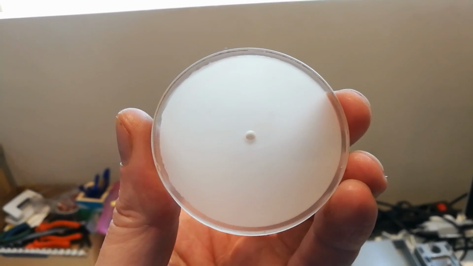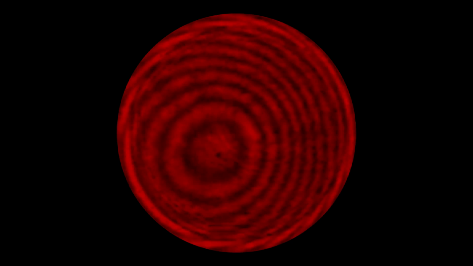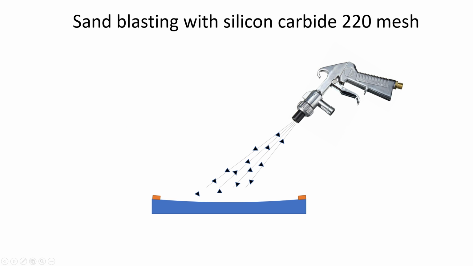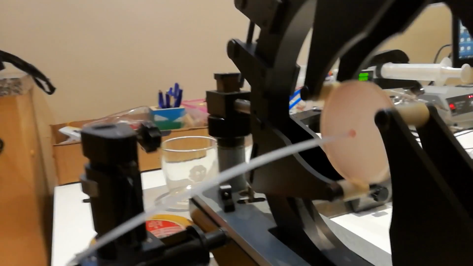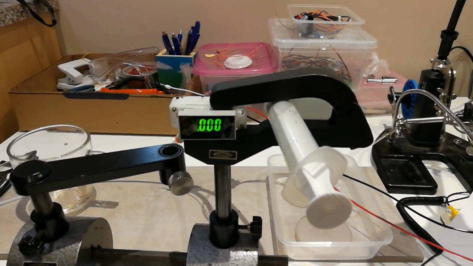So this video will be on optical mirror surfaces that have a variable shape. And with this kind of mirror, it's possible not only to change the radius of curvature, but also the conic constant. And because you might very well be a bit rusty on the term conic constant, next up is some theory on this subject. Later in this video, I will show you how I actually made the variable mirror and how I measured its properties. So if you're just interested in that part, it's best to skip ahead about 10 minutes into this video.